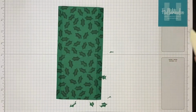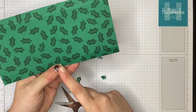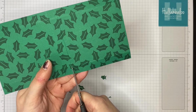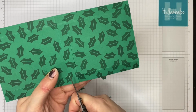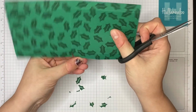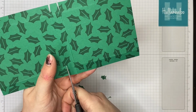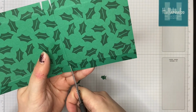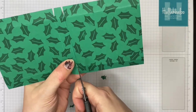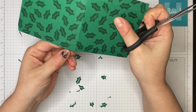Okay, so a little bit of cutting. You have 2 rectangles and a small square in the middle. So cut up each side of those squares, and then we'll notch in ever so slightly, like so. And you want to do that on both sides. So up the sides of that square and then notch in, like so. And there we have